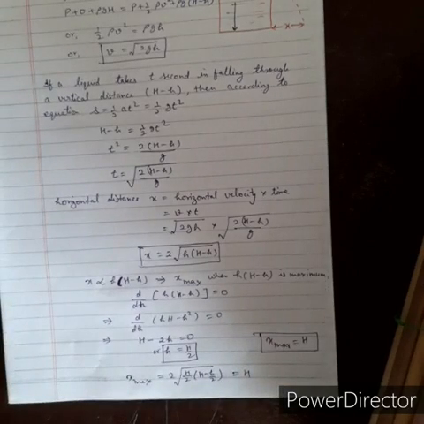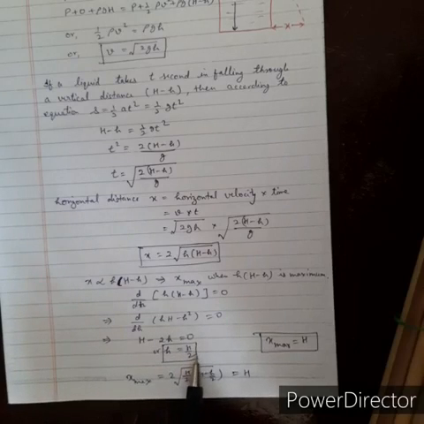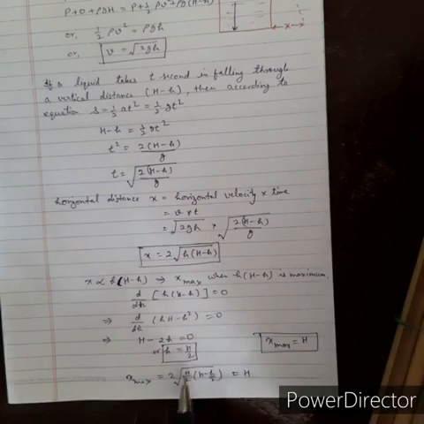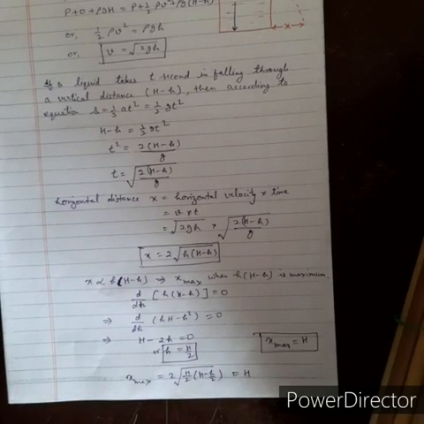So it means when the orifice is exactly in the middle of the wall of the vessel, h is equal to H by 2, the stream of the liquid will fall at a maximum distance, equal to the height of the liquid in the vessel. So this is the last proof of this chapter, velocity of efflux of a liquid, the Torricelli theorem. So now the flow of liquid, all proofs we have done.